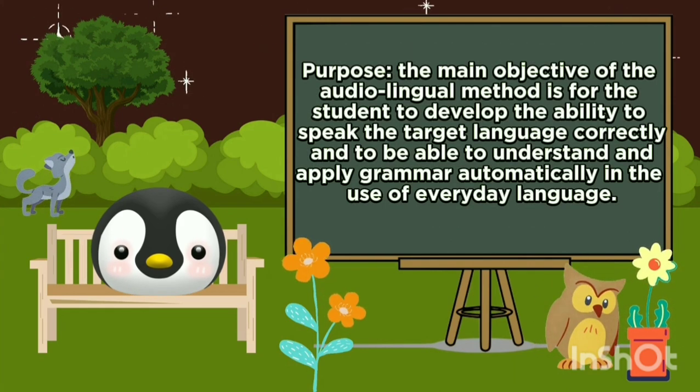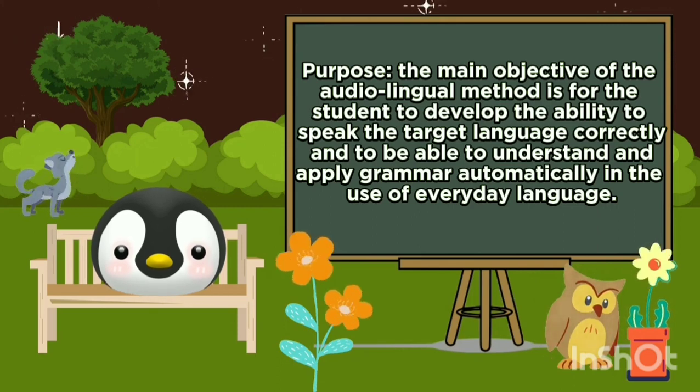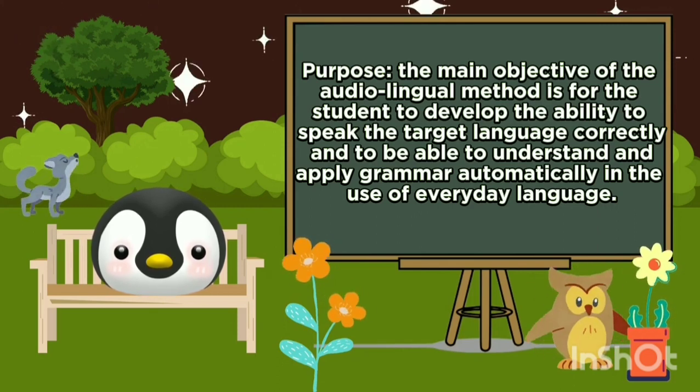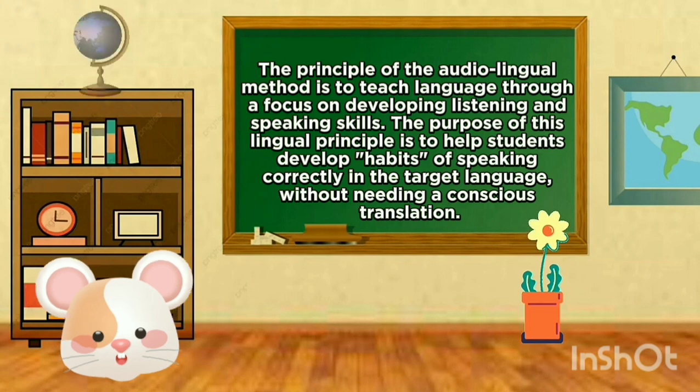Purpose. The main objective of the audio-lingual method is for the student to develop the ability to speak the target language correctly, and to be able to understand and apply grammar automatically in the use of everyday language. The principle of the audio-lingual method is to teach language through a focus on developing listening and speaking skills. The purpose of this principle is to help students develop habits of speaking correctly in the target language, without